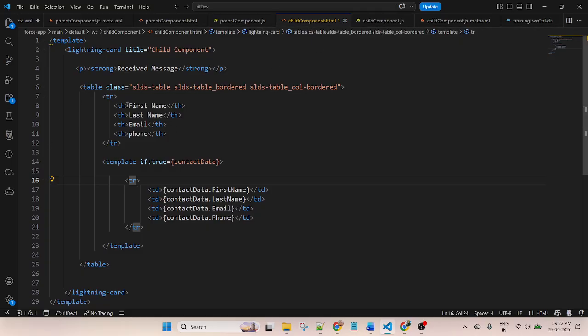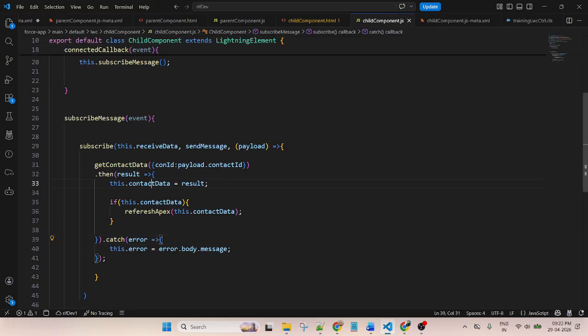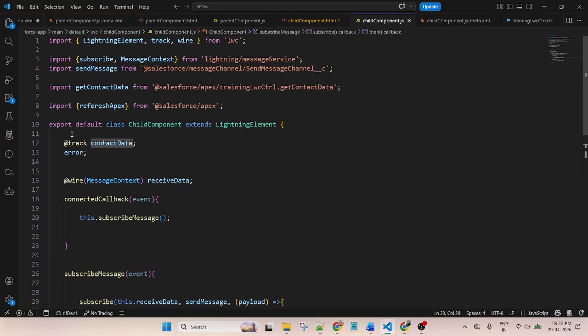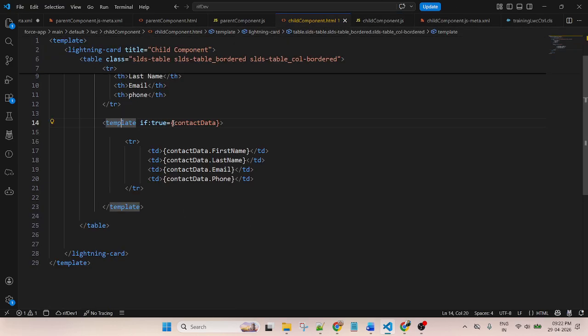So there are four types of fields displaying in the table: first name, last name, email, and phone. And this is a template where I am displaying the dynamic values. So data is stored inside this contact data. This is a track variable. I call this variable in this template.